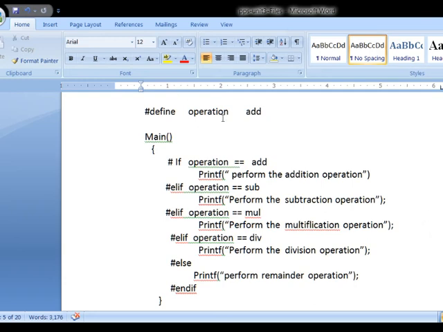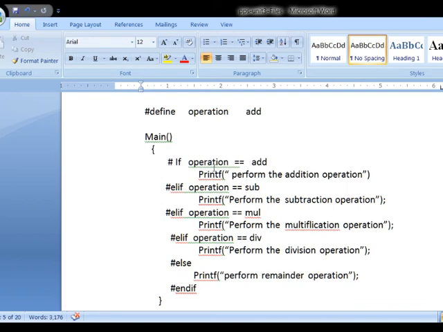This is just like a switch statement, but here I am using it through a macro. Here, #define operation add. You already know define is used to define macros. Here the macro name is operation, and its code is add. Now I want to perform the add operation. If operation is the macro name, whenever the macro name is there in the program, the corresponding code is automatically replaced. Now in place of operation I will get add equal to add.